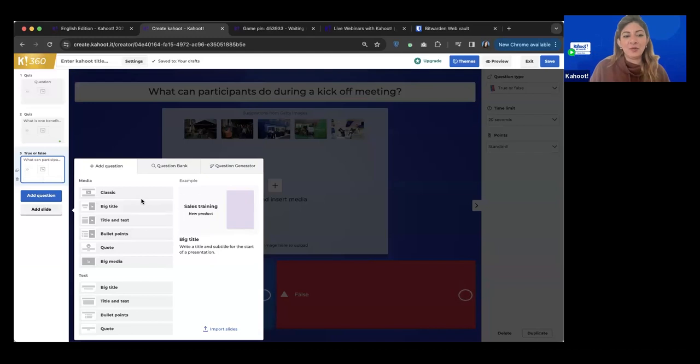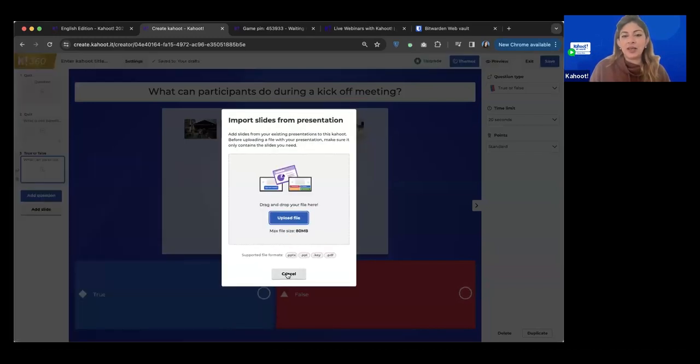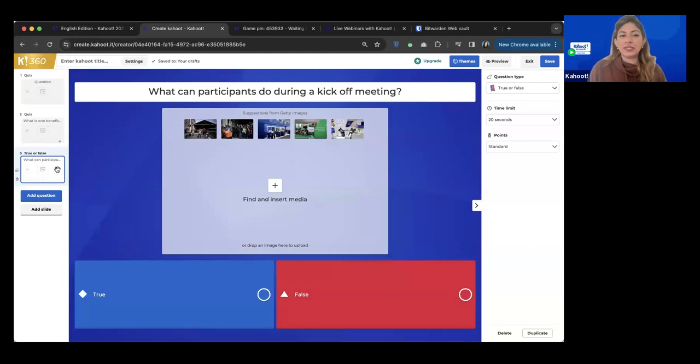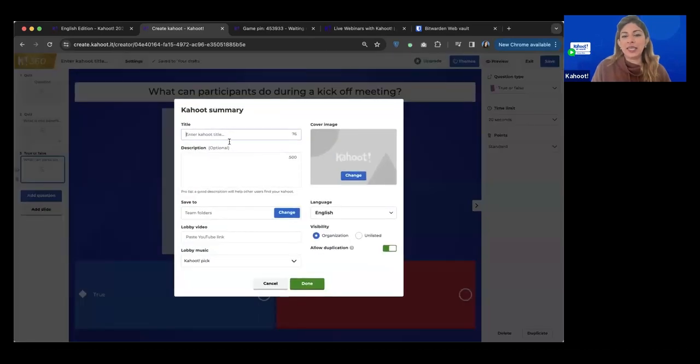We can also then create slides in here or import slides from your computer. Once you have your questions and your slides both in here, you can move them around to arrange them the way that you need. And once you're happy with what the Kahoot flow looks like, you can go into settings, name the Kahoot, give it a thumbnail. And my favorite part, if you want to add a video to the lobby,